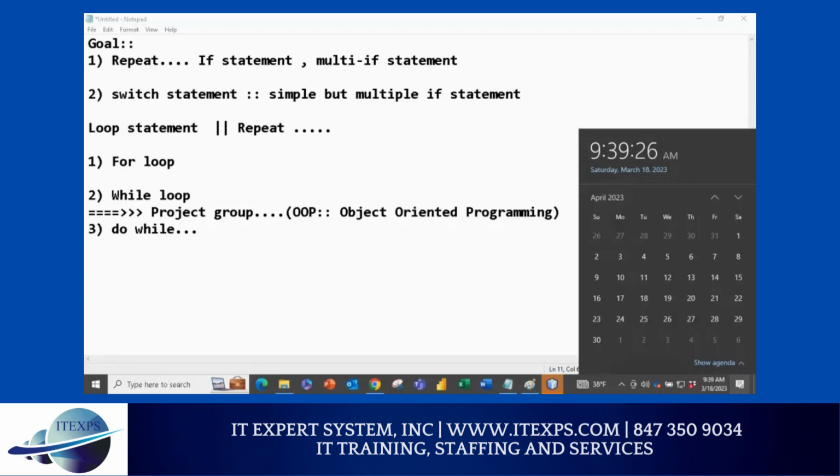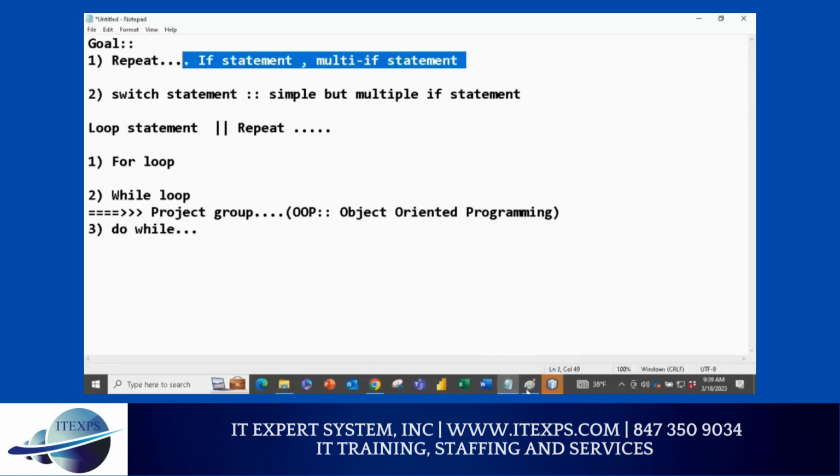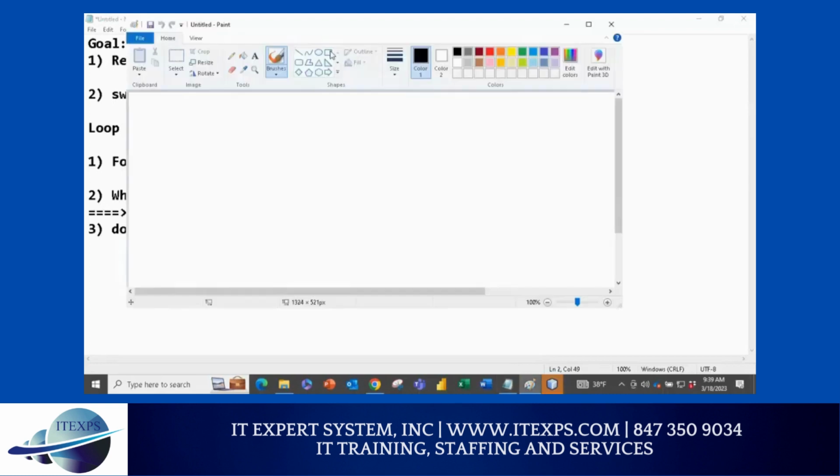Before I start, I want to review the if statement. Last week, if you remember, a very important thing we said was that if means decision block. If statement is a decision block, and in a decision block, you provide your input. And when you provide input, this decision block will check the conditions.